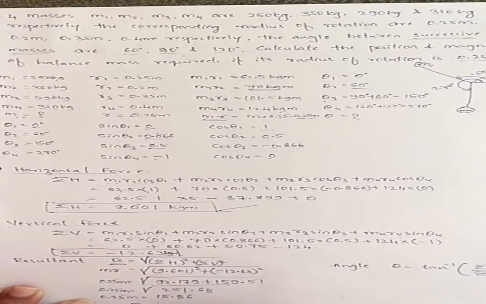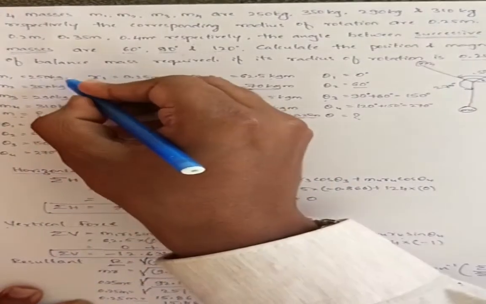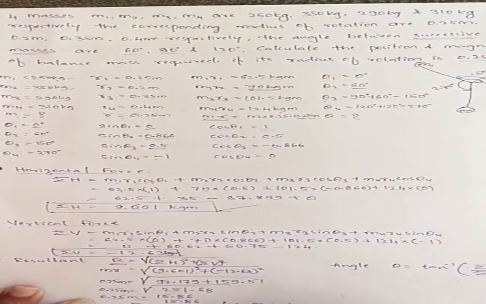Okay, now you take 15.86 divided by, see, when you take this is equal to 15.86, and when you take this, it will be going down, 0.25. So the M value you will get is 63.44 kg. So you are taking the value in kg, so you will get the answer in kg. So that is 63.44 kg you will get.